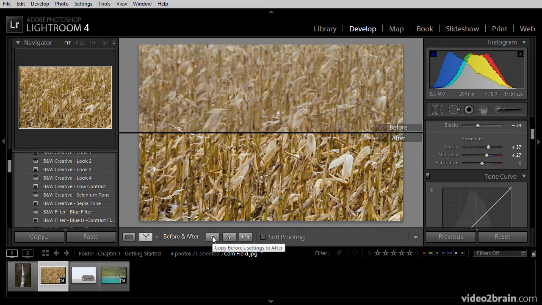While you're working in the before and after view, you can also designate whether you want to copy the before settings to the after image, in other words, essentially undoing your adjustments. You can copy the after settings to the before, making that setting a new before so that future adjustments would revert to this setting. Or you can swap the two if you want to go back and forth between the two for any reason. Generally speaking, though, I don't swap the before and after, but rather continue refining my adjustments,